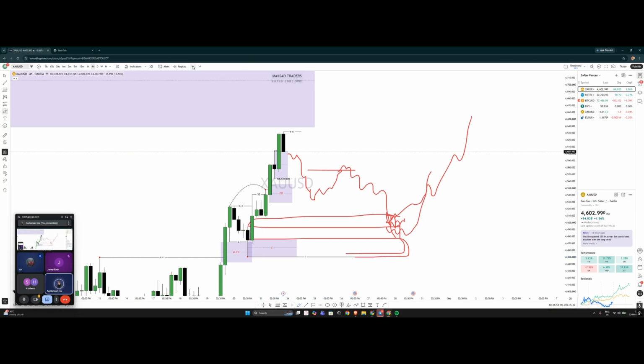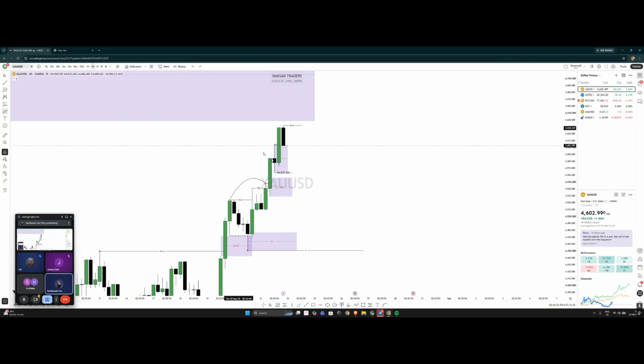But then, as you know how SMC works, all you have to remember is your directional bias, your key liquidity, and area of interest. Okay, if you have these three things, directional bias, key liquidity, area of interest, then you know what to do in the market. So this POI that I'm talking about, if this POI holds, then you know the target will be the break of structure. If this POI fails, then you will wait for the inducement, and you will sell to this area.